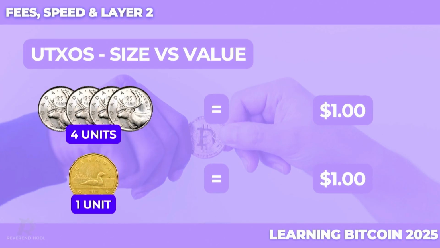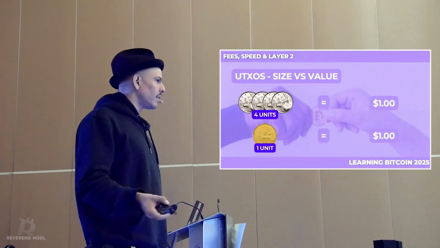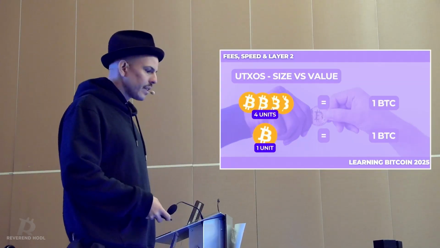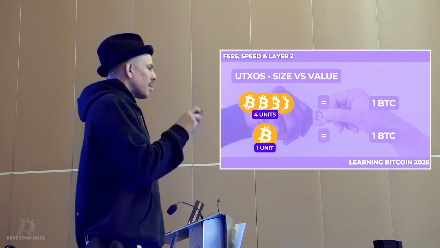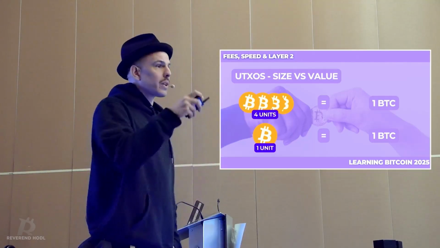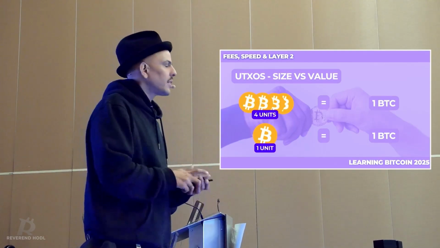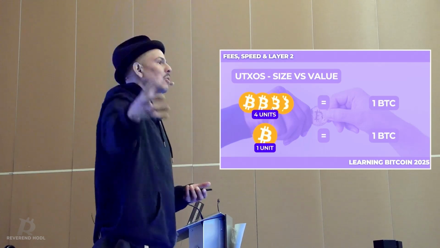And we'll just use fiat currency for the moment. So on the left-hand side, we have the size of the transaction, which can be 4 25-cent coins or a $1 coin. And on the right-hand side, we have the value. Now, these both have the same value, right? 25 times 4, we get to $1 as well. Bitcoin works the same as cash in this aspect. Bitcoin is divisible, right? That's why it's better than gold, because we can chop it down into little parts and bits. And these parts of Bitcoin are what sit in our wallet. We don't just have the balance. The balance on a Bitcoin wallet is the sum of all of its parts.